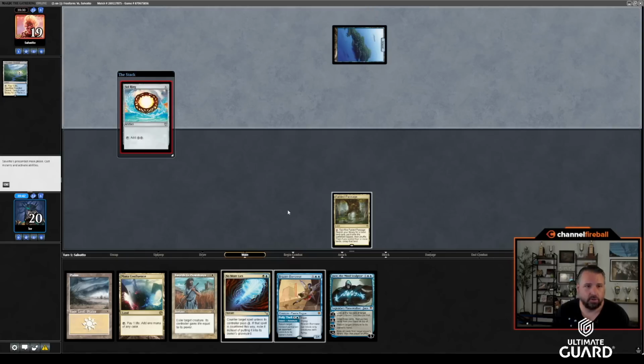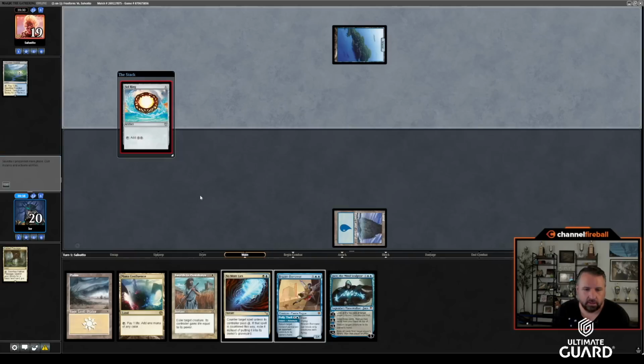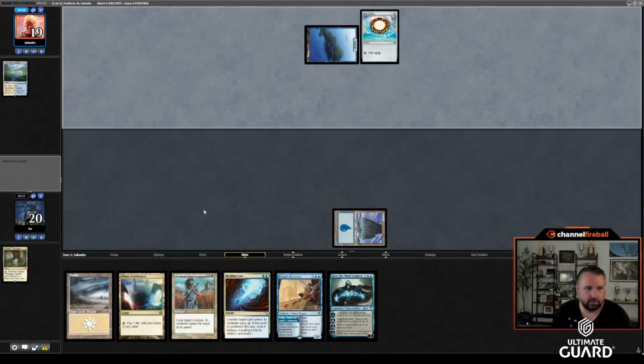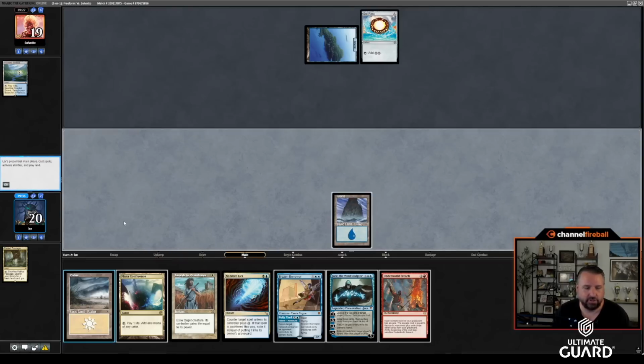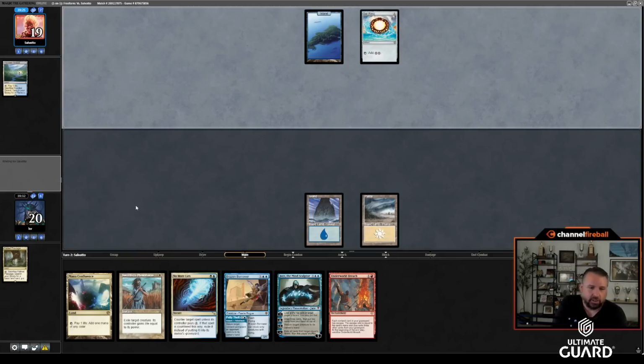Island into like a cantrip? Oh, into a Soul Ring? Come on, Luis. All right, all right. Well, that's a beating. I can bounce plus counter it eventually. Oh, what a bad draw. But I'm probably not going to have the luxury of doing that because